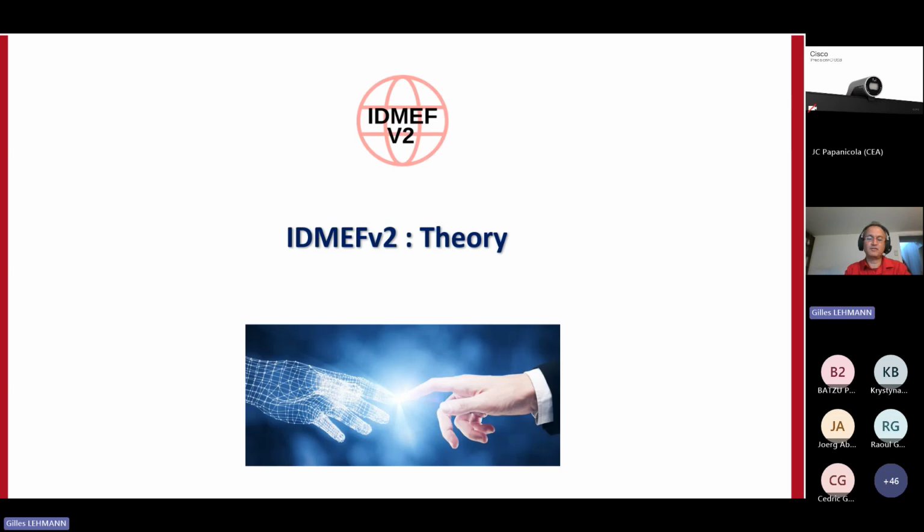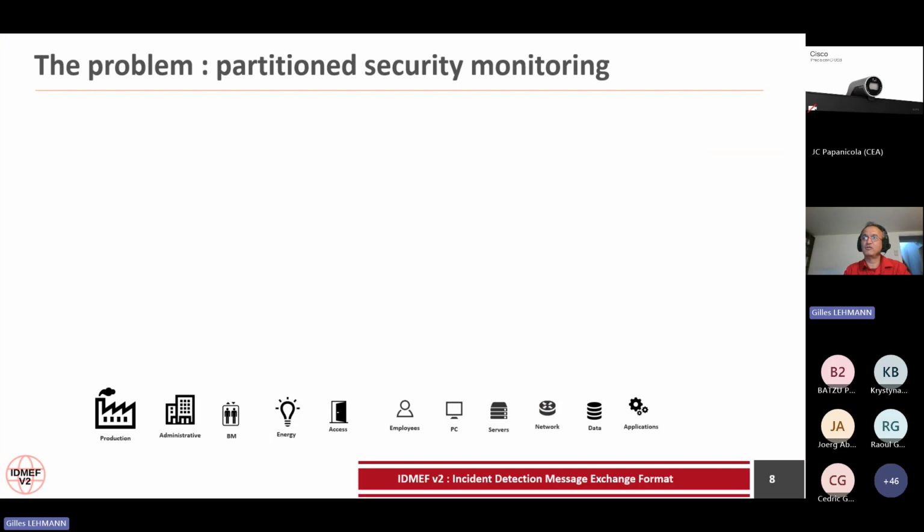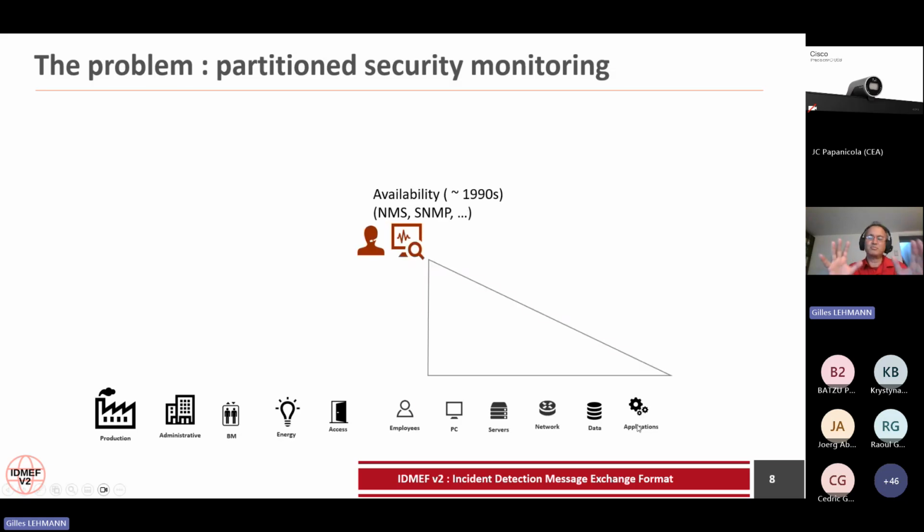So now that we've started with a few definitions, let's go through the theory and why. What is the problem we are trying to solve with IDMEFv2? Here we have a representation of a company with a production part, administrative, the building management, energy, all that, and the PCs, the servers, the network, etc. So in the 90s, approximately, first there were very few PCs and servers, and then they started to have a lot, and that's when we started to have